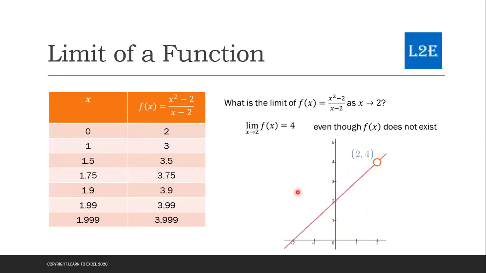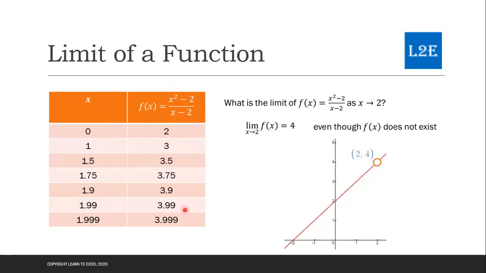So let's try to see if we can figure it out by using graphs and also by using this table. Let's do the same thing we did for the previous two functions. So we have x over here, and we have this new function, (x squared minus 2) over (x minus 2), here, and I'm taking numbers from 0 all the way to 2 as x approaches 2, and I'm going to figure out what